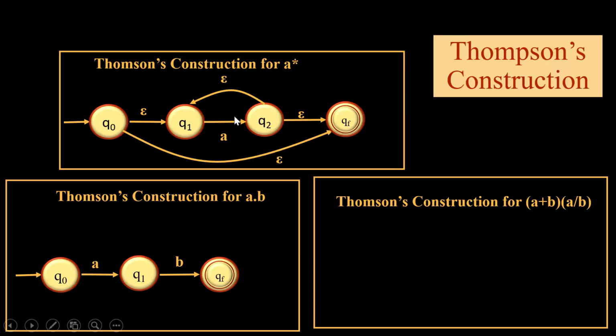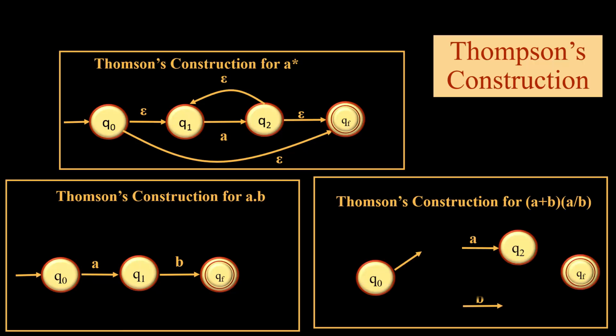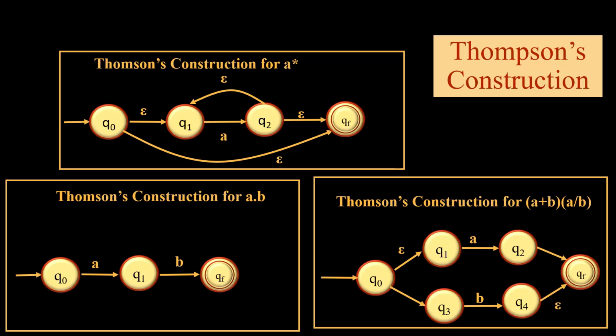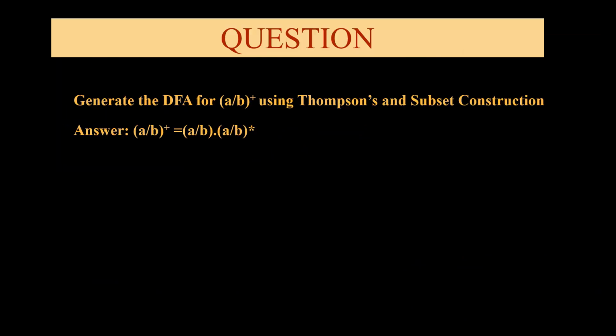As far as A star is concerned, we have 4 epsilons and 4 states. For A into B, we don't have any epsilon, and for A or B, which is also represented as A plus B, we have 4 epsilons. The question which we are considering is we need to generate the DFA for (A or B)+ using Thompson's and subset construction. We don't have any rule defining (A or B)+, but we already know that (A or B)+, that means a positive closure, is